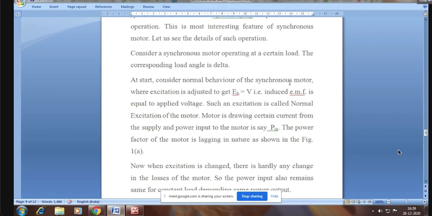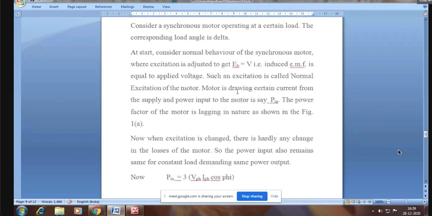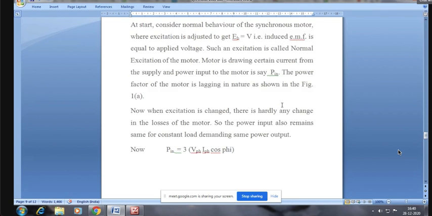Consider normal behavior of the synchronous motor where excitation is adjusted to get EB equal to V. That's called normal excitation. Under this condition, the motor is drawing a certain current from the supply and power input to the motor is P in. So here what we are trying to understand is the motor is loaded with a constant load and excitation is normal, which makes the induced EMF equal to the applied voltage. Then the power taken by the motor will be P in. And the power factor is as shown, which is a lagging power factor. Now,